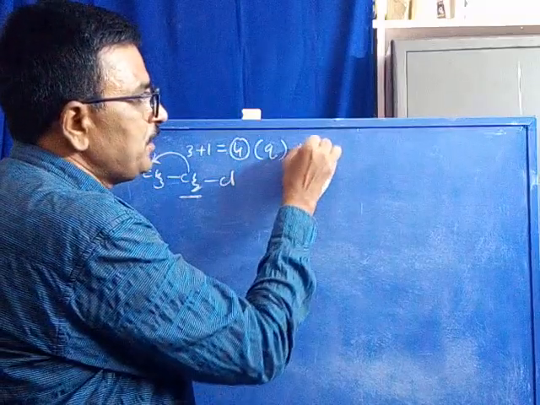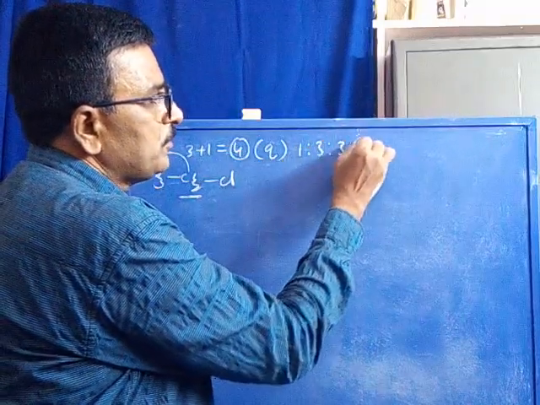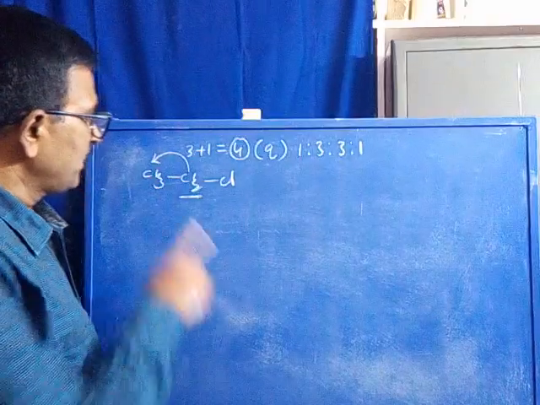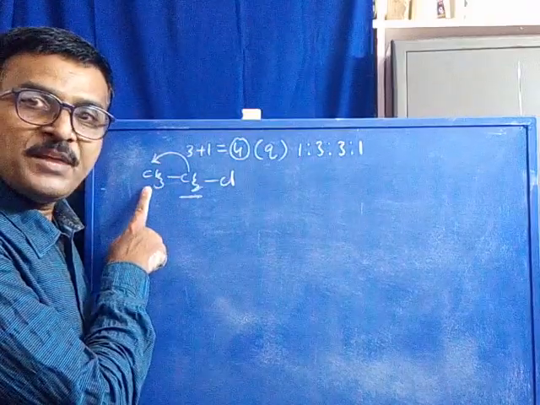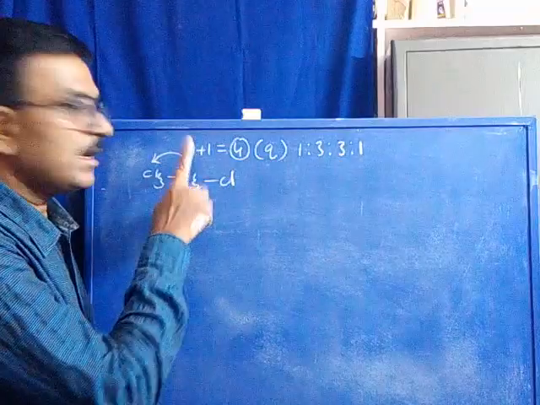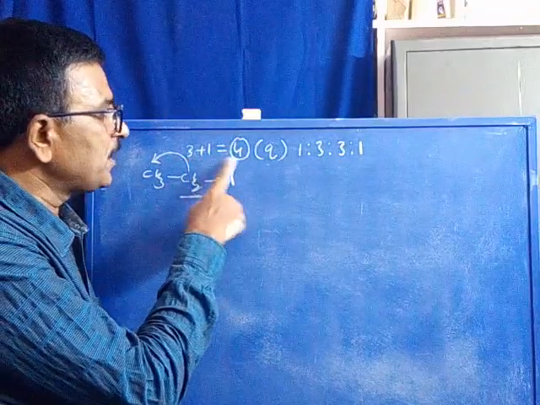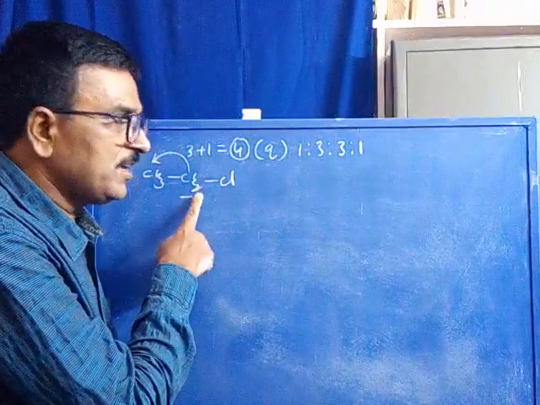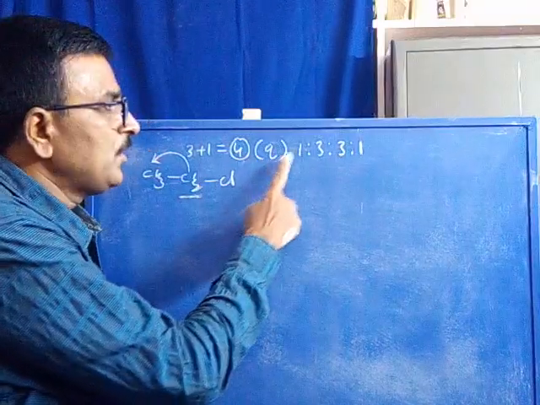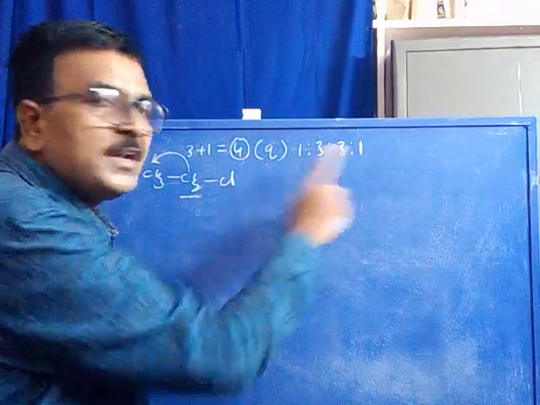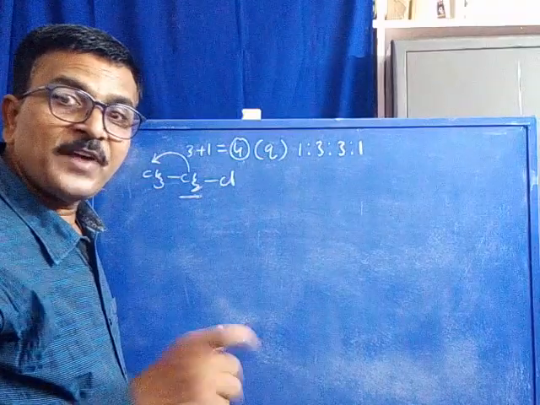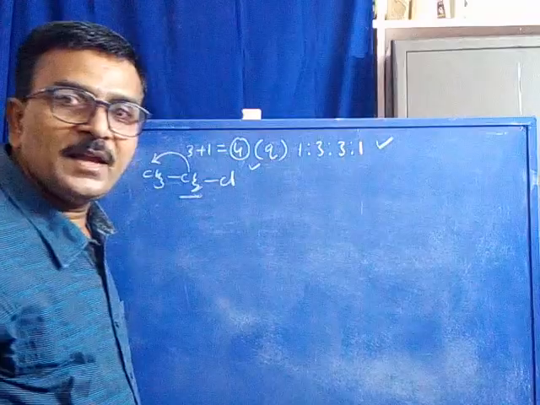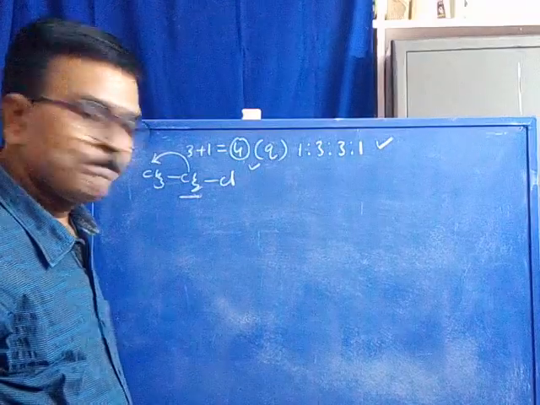With what? With 1:3:3:1. This we observed. CH2 coupled with 3 protons of CH3. According to the n+1 rule, 3 plus 1 is equal to 4. 4 stands for quartet. A signal for CH2 appears as a quartet with 1:3:3:1 intensity. Let us find out why a quartet appears, and why the intensities are lying like 1:3:3:1.